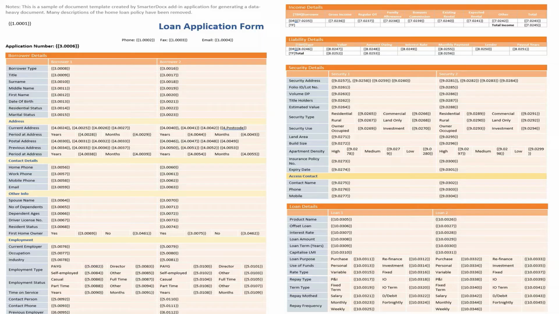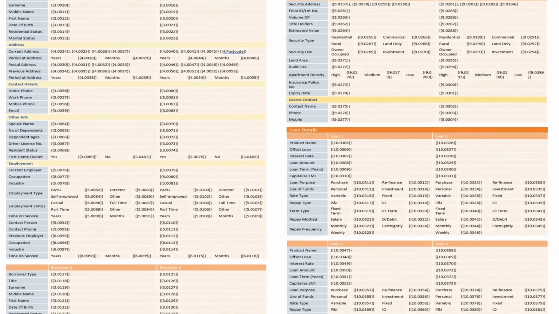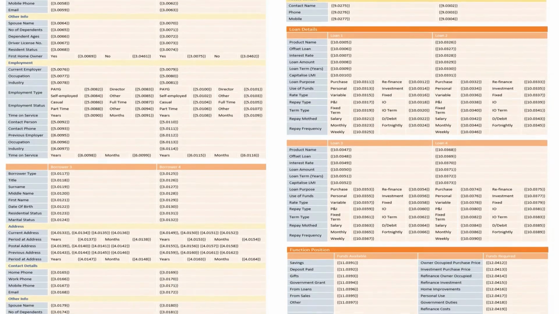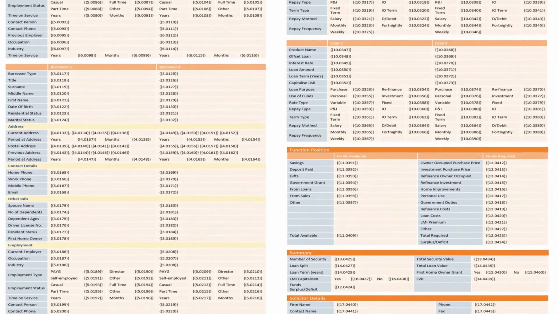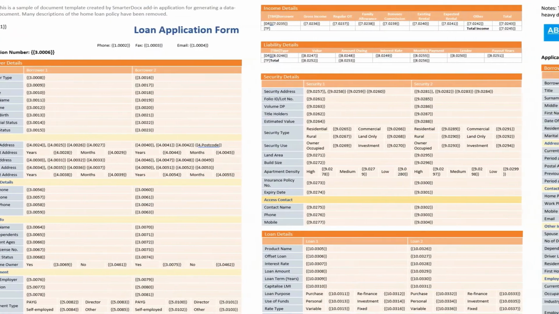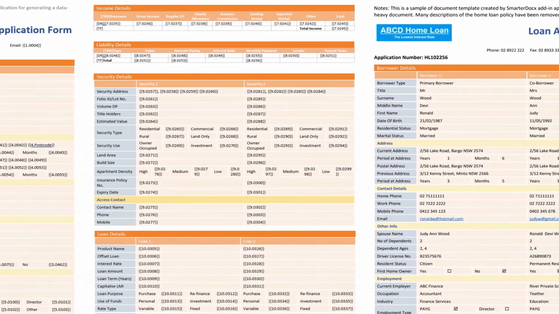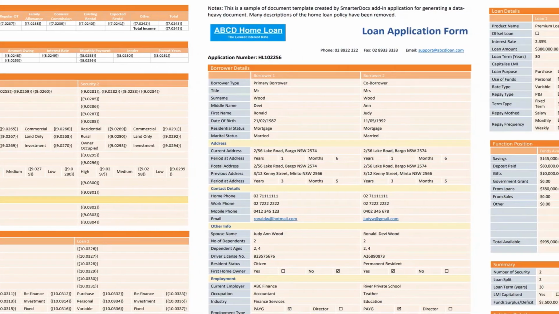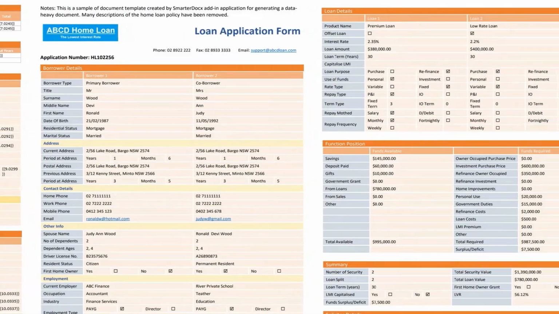You may feel something unusual when you read the subject of this video. Have you ever seen or heard that anyone creates data-heavy document templates in Office Word without writing code? Because creating data-heavy document templates is always a software programmer's job, which requires writing a lot of code in an application or a system. Then the application or the system can create new documents from the document templates that you created. But this video will show you that you can very easily create data-heavy document templates in Office Word